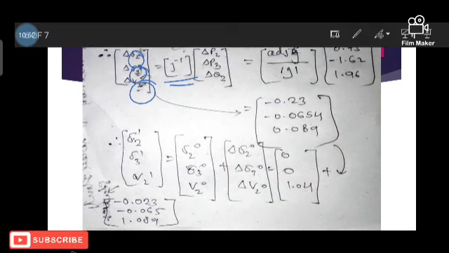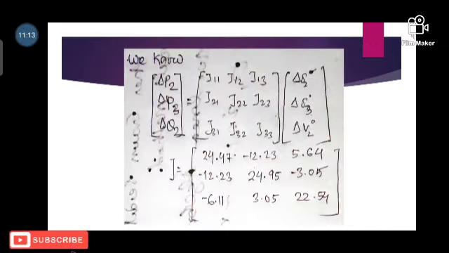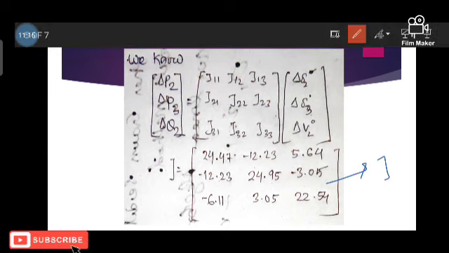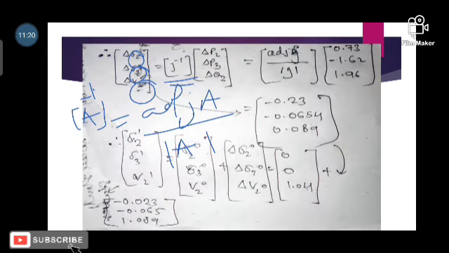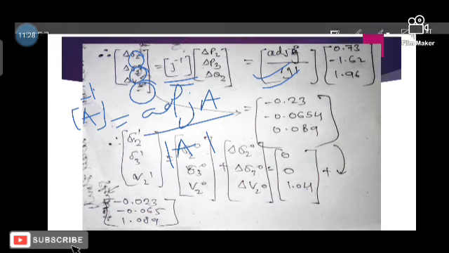In mathematics, we already know that for a matrix A, the inverse is the adjoint of A divided by the determinant of A. So from this matrix we take the adjoint of J divided by the determinant of J. Here I have written adjoint of A divided by determinant of A, and multiplication of that value